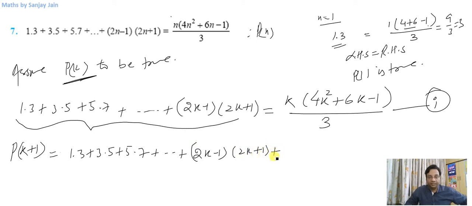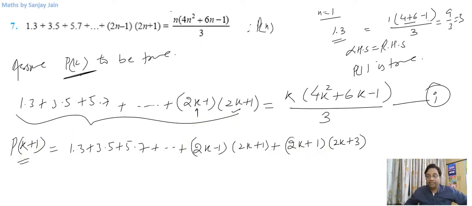Now if you see what will be the next term, I'll replace this k with k plus 1. So it will become 2k plus 2 minus 1, so it will become 2k plus 1 here, and then this term will become 2k plus 3. Alright, so this is my left hand side of P(k plus 1), and on the right hand side,